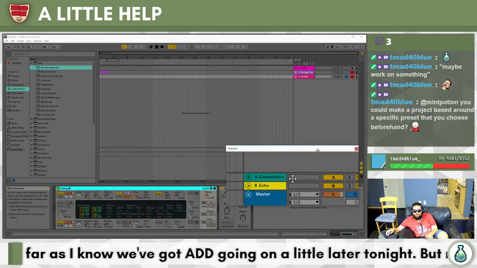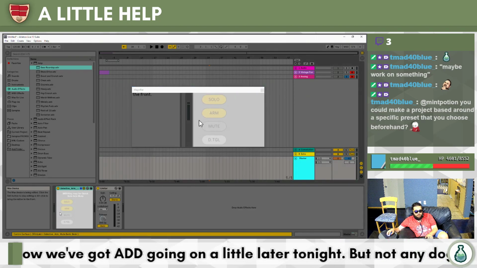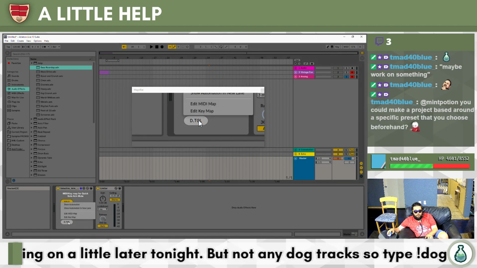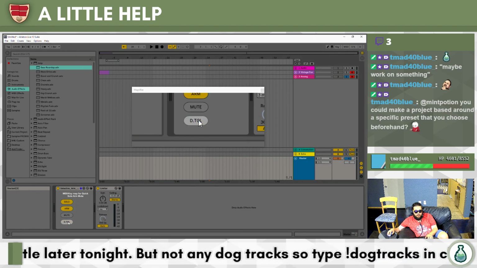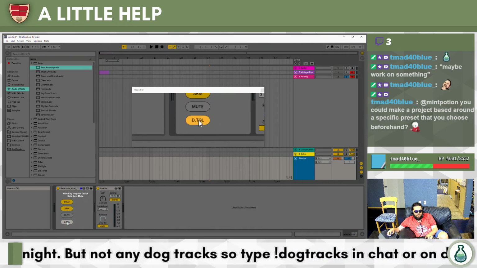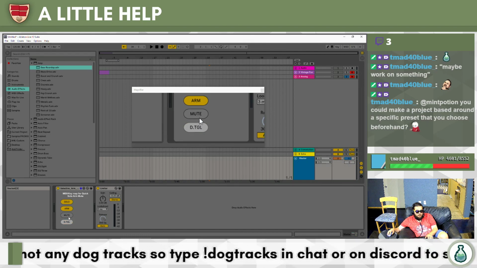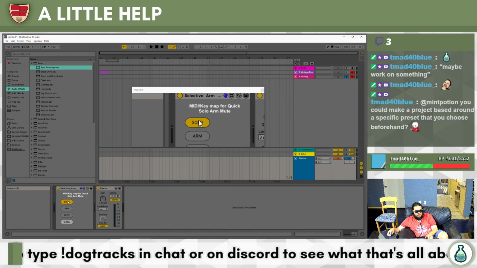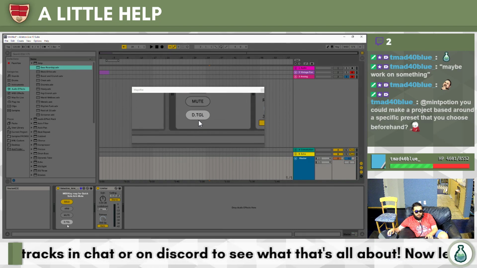Back in Ableton, I have to close this thing. So here's this button now, detoggle. If I had a device selected, that would be a pretty good way to test it. And you can change the notes about it, so we can actually change the help.